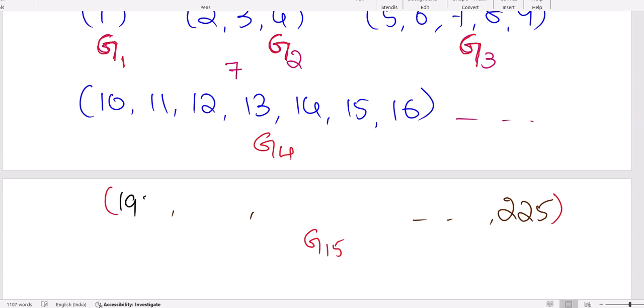Before that group, 196 is the last, so the starting should be 197 here. Next is 198, like that up to